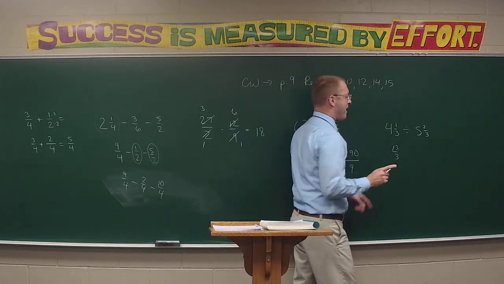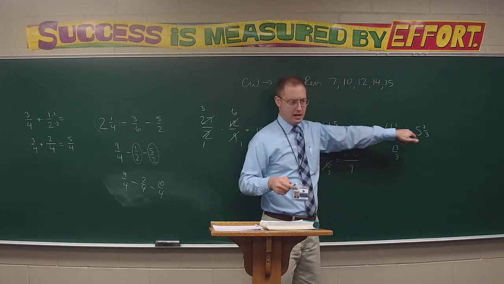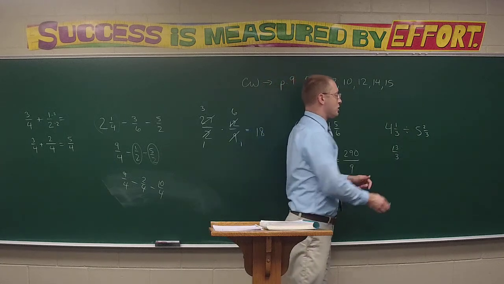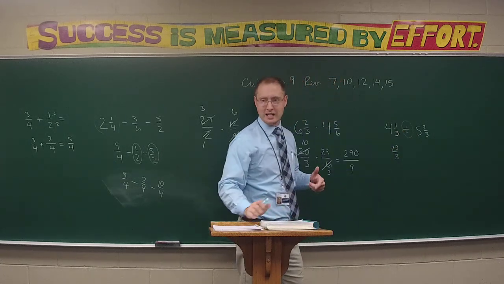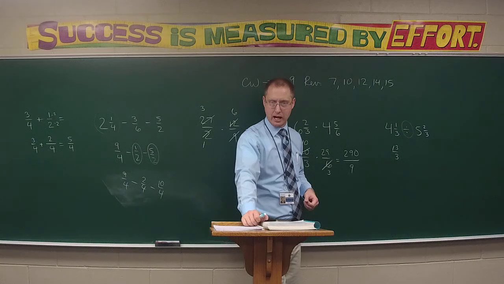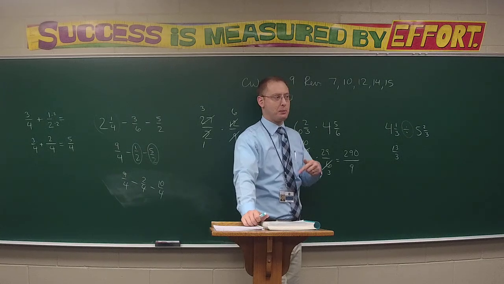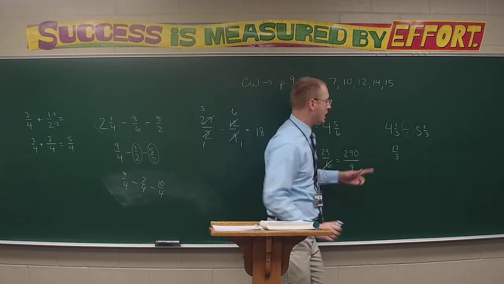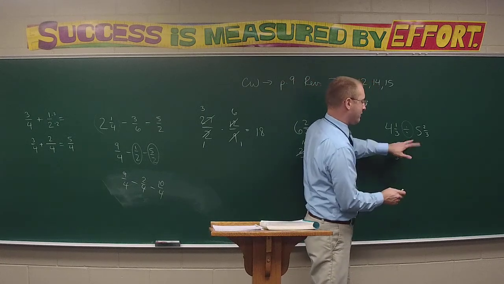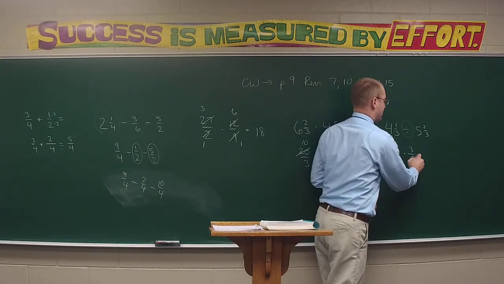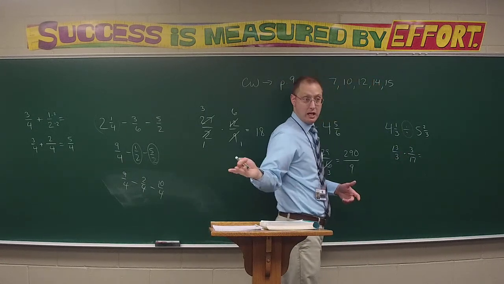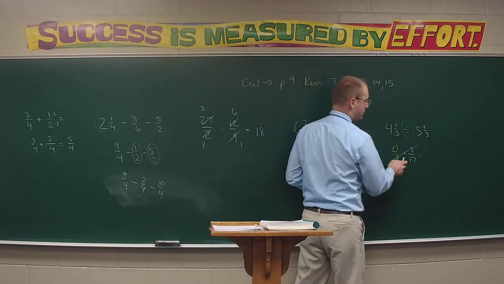13 thirds. And 5 2/3 becomes what, Maddie? 17 thirds, but it says I'm supposed to divide 17 thirds. Do we ever divide fractions, class? No. We always multiply by the reciprocal. So I'm going to change this to multiply, not by 17 thirds, but by the reciprocal 3/17. Conveniently, class, we can cancel the 3, and it leaves me with an answer of